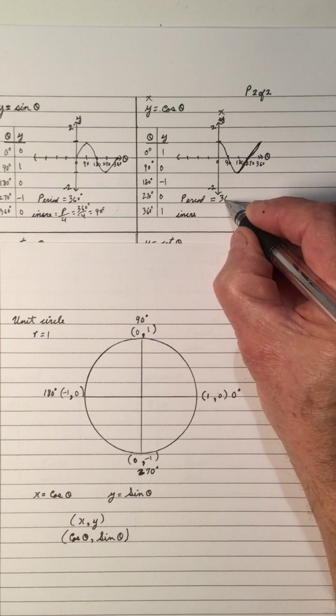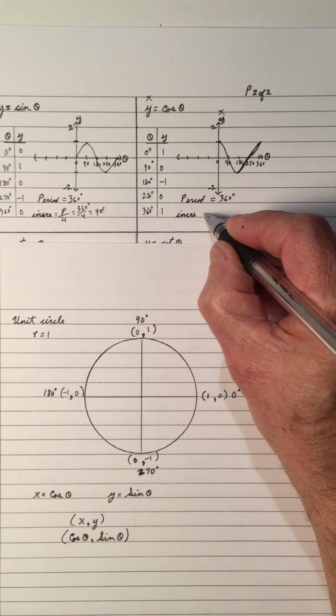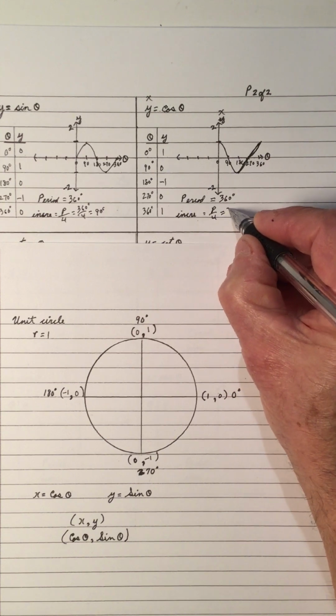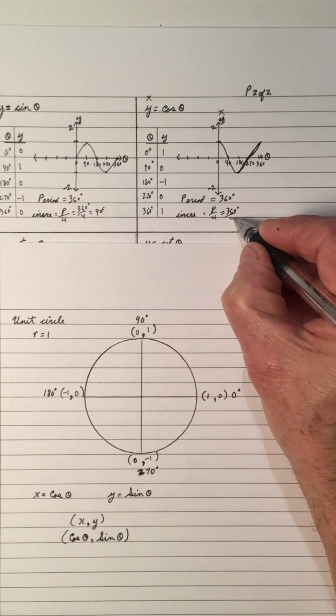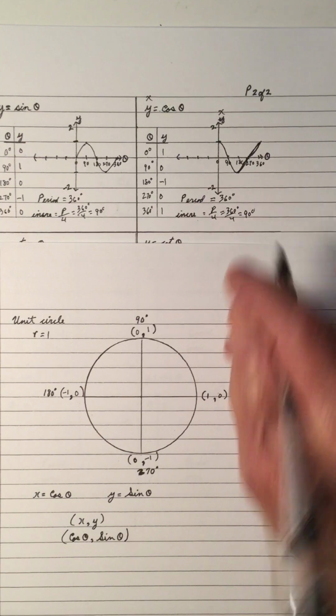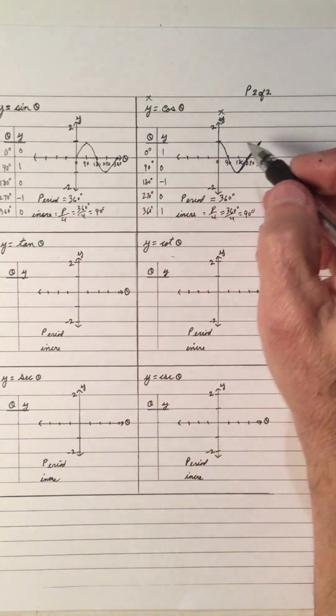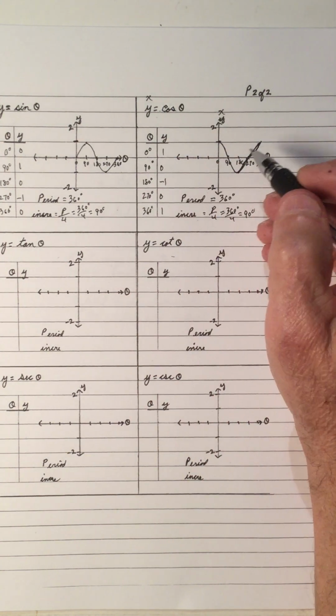And the period for cos theta is 360. And the increment is the period divided by 4. So 360 divided by 4 is 90. So we did that in the sinusoidal function on sine and cos, but these are very important to know, have